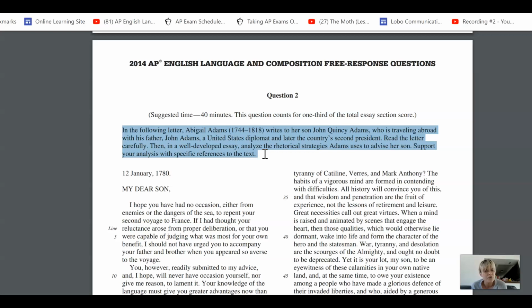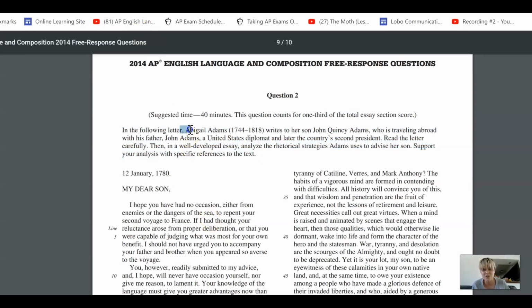Okay, good. So from here, all of the background in your head should be coming out. What was the country going through at this time, right? It was fairly new and just developing, and we're talking about people who are maybe nervous about the new country, and there are a lot of challenges going on at the time, right? And we know that this is a mother, so it's Abigail Adams writing to her son. So you have all the stuff you know about how moms talk to their kids. You have that in your head, right?